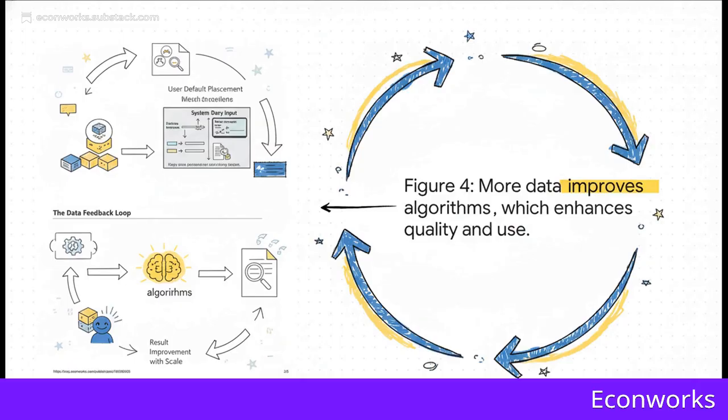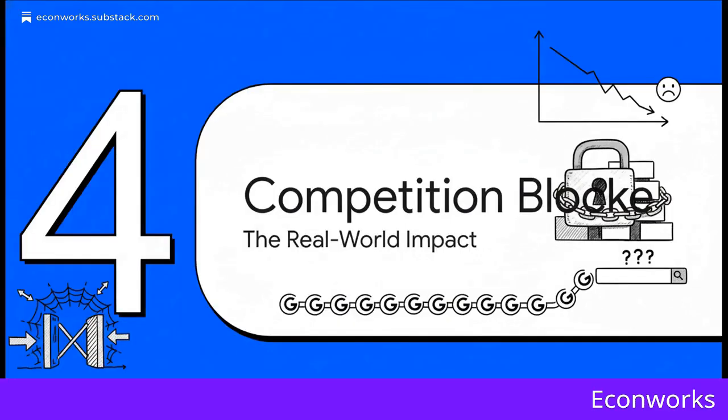And here's where that loop slams shut. Google takes that gigantic mountain of data and uses it to constantly tweak and improve its search algorithms. That makes the search results better and more accurate. And of course, better results mean you and I are even less likely to ever bother switching away from Google, which reinforces their top spot, and the whole cycle starts all over again. It just feeds itself.